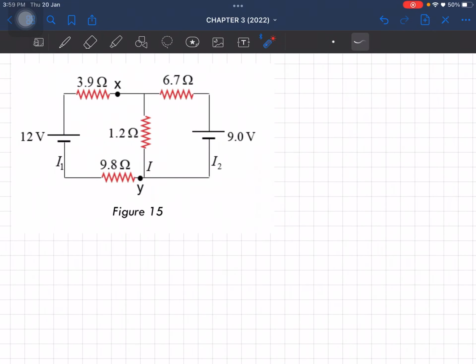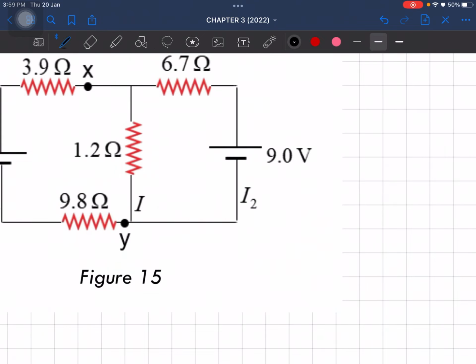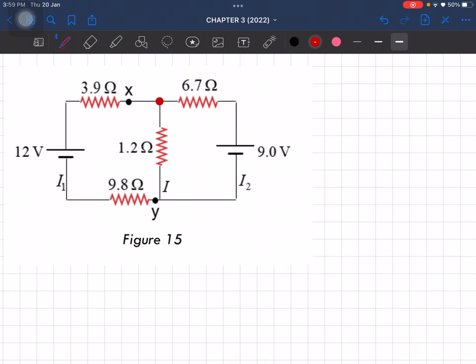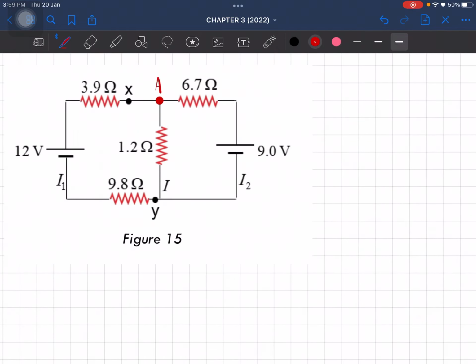Okay, firstly we have to pick a junction. So let's pick a junction. I'll label this as junction A. Okay, so this is junction A. Remember the current, and then we have to draw the direction of the current. Remember current flows from the positive to negative terminal. So I'm drawing the current now. Okay, so this is the current, and then at this junction here